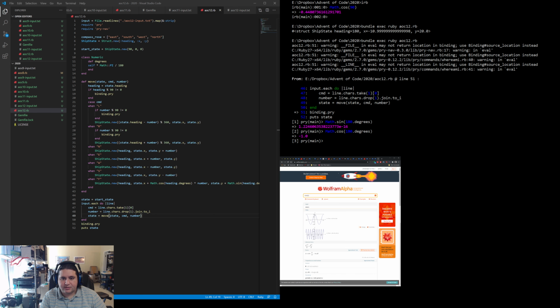So this is a way of describing if our heading is 0, then you're going east. Because this is going south, this is going west, this is going north, this is going south, this is going east again. So I think my heading actually needs to start at 0, and then